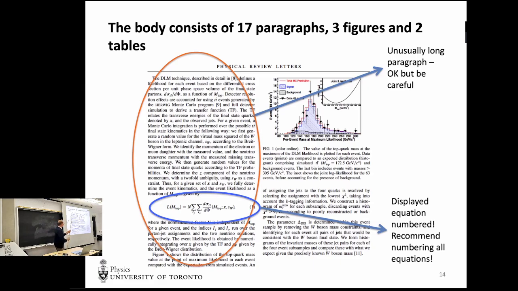Now, we actually spent a lot of time trying to think about how we broke up that paragraph. But that paragraph was all about getting down to this equation. So we had to describe each of the elements in this equation in order to make it meaningful. So that was actually what we ended up compromising on. And I would argue that if you read this, you begin to appreciate that this is a likelihood, and we needed to describe all the components of it, because this is actually the statistical tool used to extract the measurement. Okay.